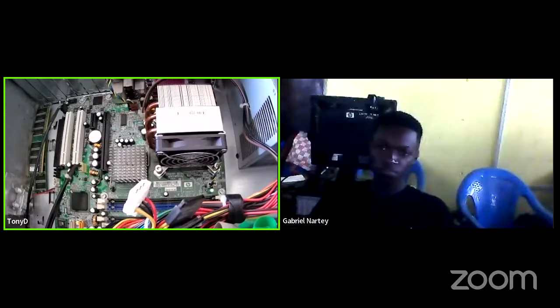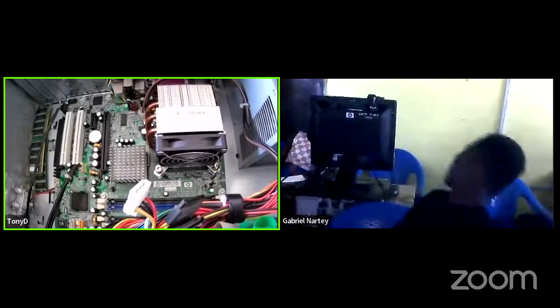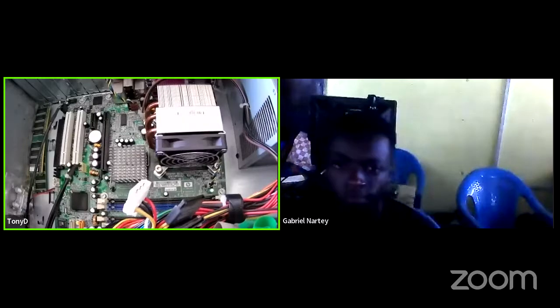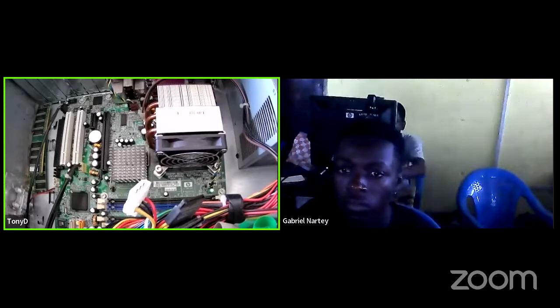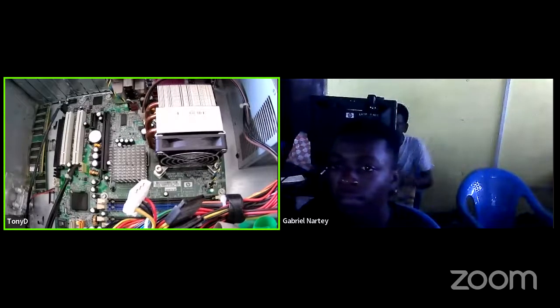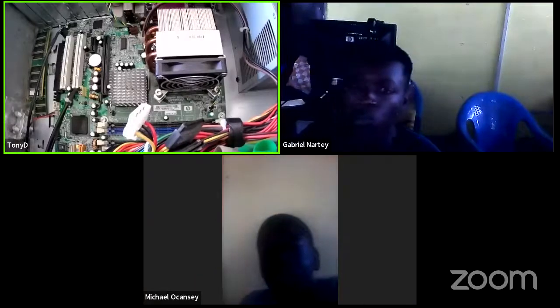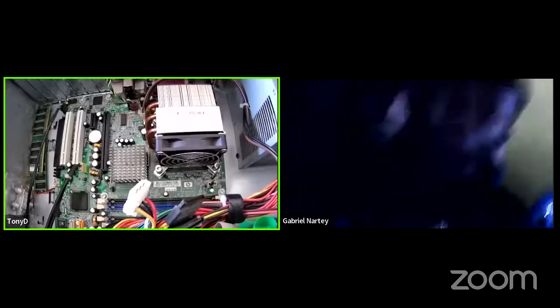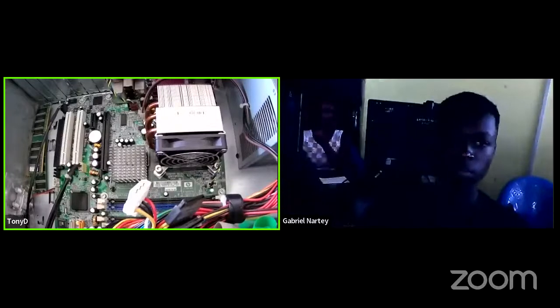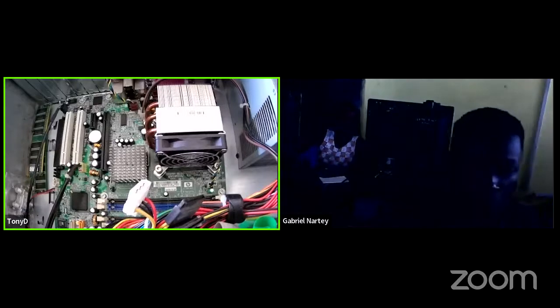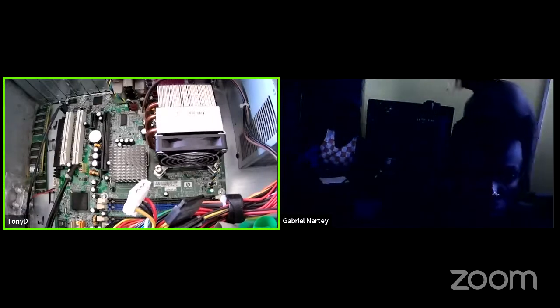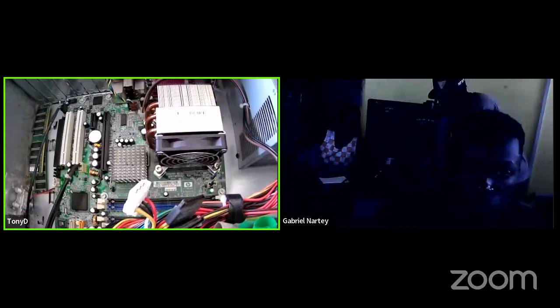One of the things about knowing things is actually doing it, physically doing it. Here we call it the hands-on. You put your hands in it, you go in, you take parts, you do stuff, which is very important. So I believe that many of you have the tower, the computer, the PC, you have it. If you haven't had the opportunity to open it, today we will take that opportunity to go through it, at least open it for you to see